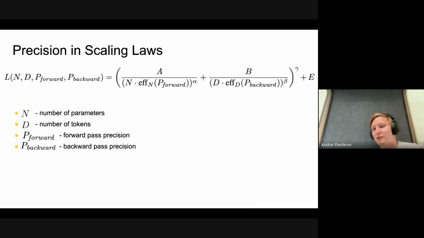And the backward pass quantization mostly affects the amount of data that the model is trained on, meaning that you would have to train the same model for longer to achieve the same loss. And this form is consistent with optimization theory that says that if you have some noisy estimators of your gradient in your gradient method, then you would have to train for longer to achieve the same loss, or that generally your convergence rate would be slower and not necessarily the point that you converge to